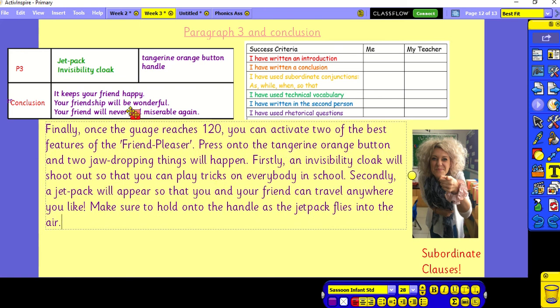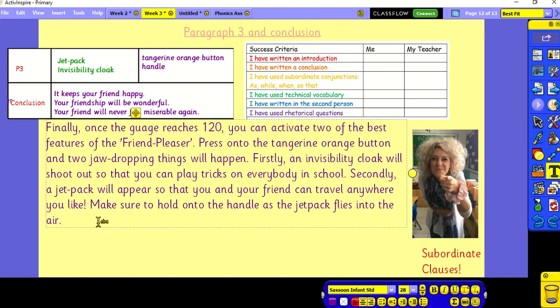Okay, let's move this up a little bit, then we just need our conclusion. So why should you use a friend pleaser machine? Well, let's start in the same way as the Waggle does. The Waggle starts with, use one of these amazing machines because. So I'm going to magpie the start of that sentence. Use one of these amazing machines. I might change the adjective. Use one of these incredible machines. Even better, use one of these stupendous machines because